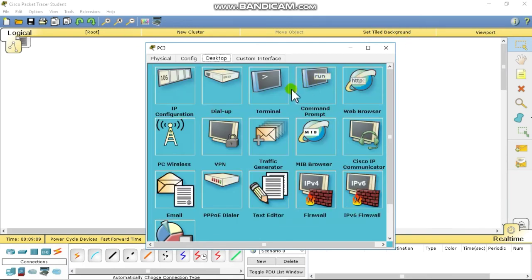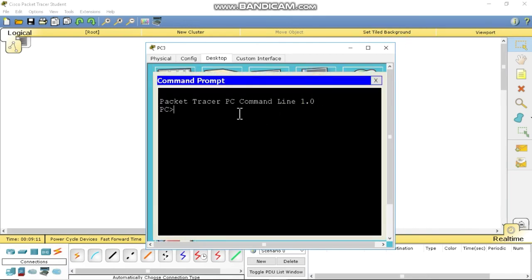Okay, now go to cmd command prompt and follow this step: ssh -l admin 192.168.88.100 and enter.